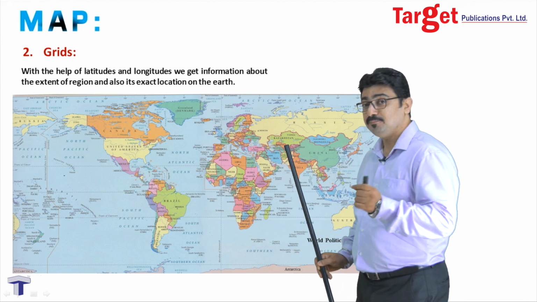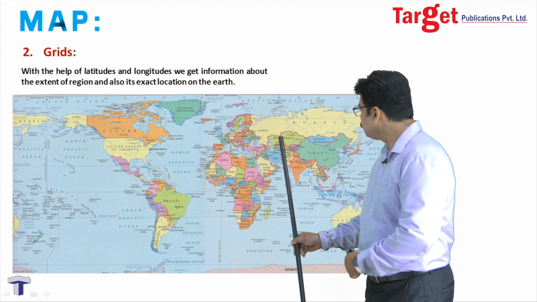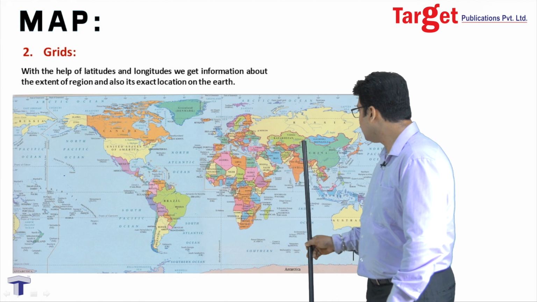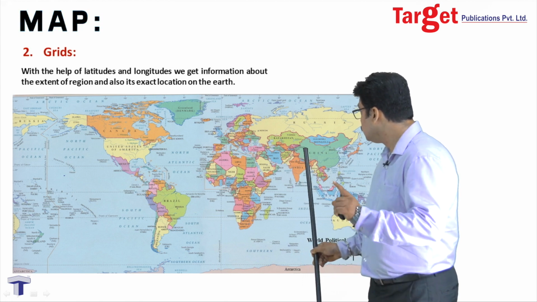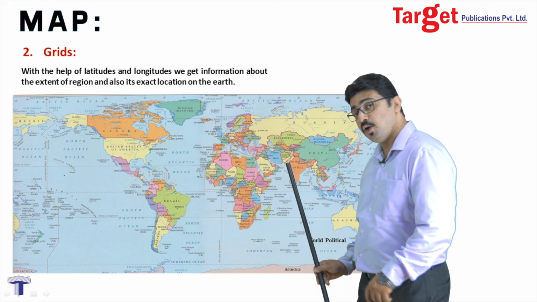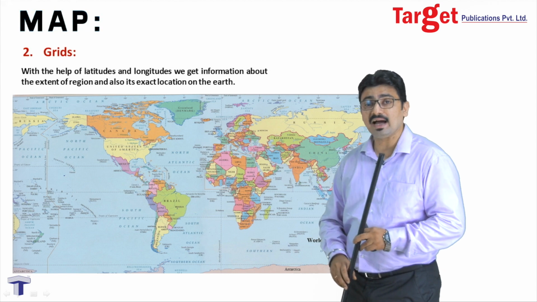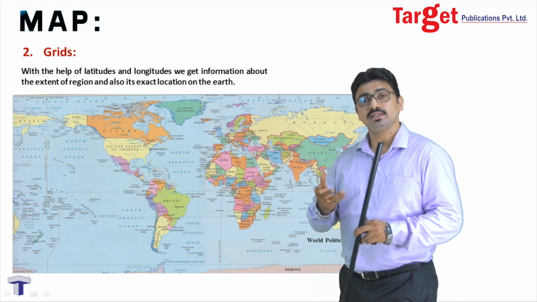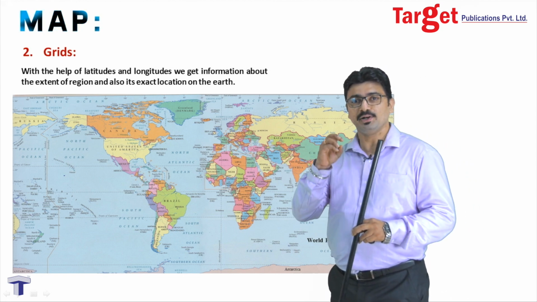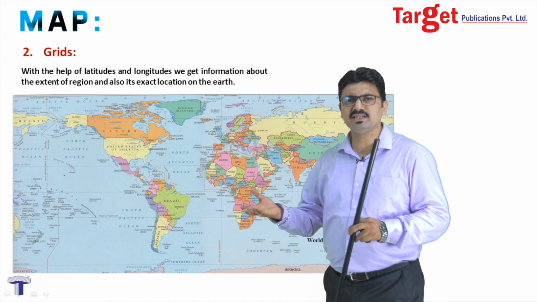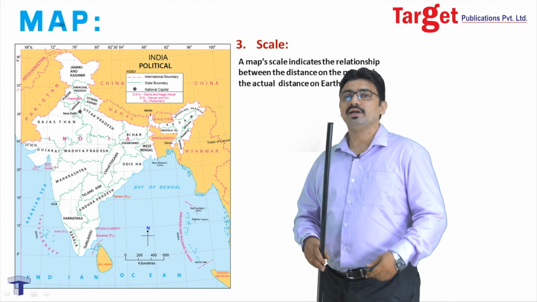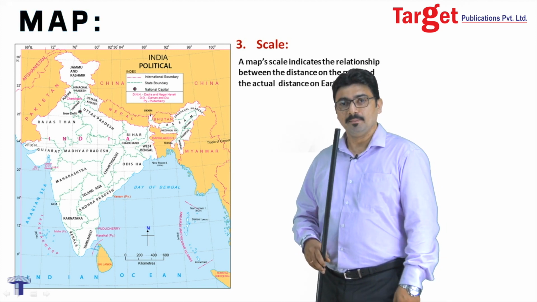Moving ahead, let's see the longitudinal extent. Now, the longitudinal extent, as I see, would start from 68 degrees 7 minutes east up to 97 degrees 25 minutes east. So, it starts with an eastern longitude and ends with an eastern longitude, which means our entire country lies in the eastern hemisphere. See, it becomes very clear with the help of the grids of latitudes and longitudes where a particular country or a continent or any region lies on the world map, or for that matter, any map, right? So, grids again are a very important aspect of a map.